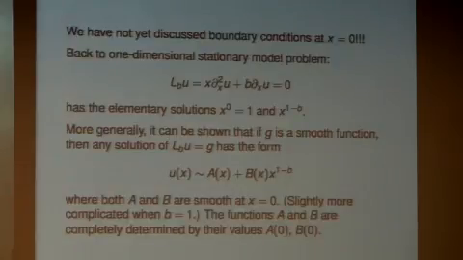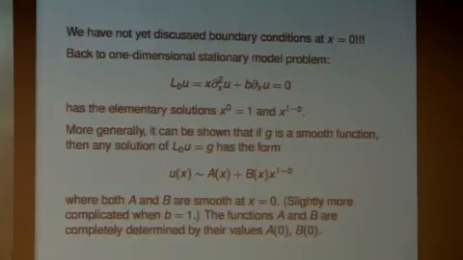So I take this degenerate operator applied to u equal to g, any solution, not just ones that have an a priori condition on them. Any solution whatsoever necessarily has this form. It looks like a smooth function plus another smooth function times x to the 1 minus b. I'm assuming b is strictly between 0 and 1. There may be log terms when b is equal. So this is just a general form. Now what capital A and capital B are, they depend on g, of course, and there's some integral expression that may describe this.